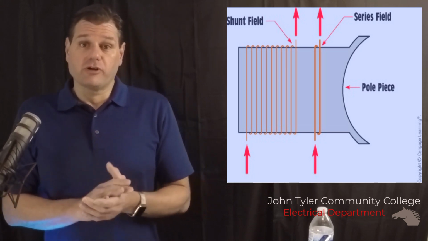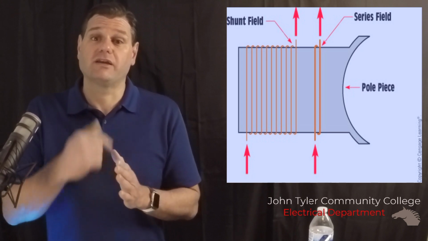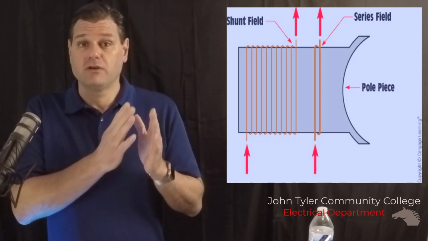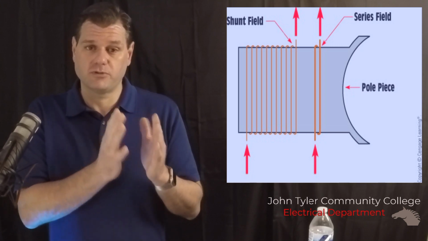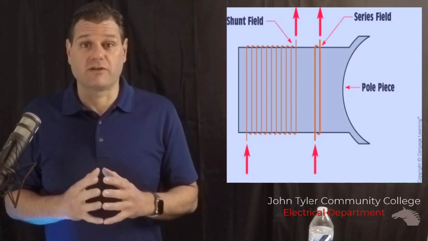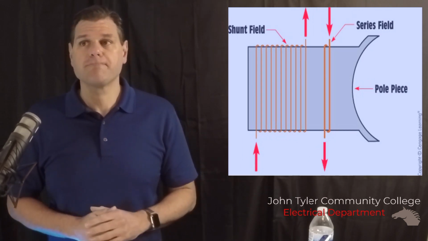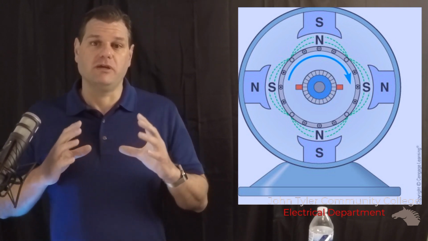We talked about this a little bit earlier. We're going to talk about the series and the shunt windings. The series, again, less wraps, heavier gauge. The shunt is going to be many wraps and a very, very fine gauge. Again, shunt is stable. Series is just a workhorse. It's going to produce a lot of voltage. Okay. And the last thing we're going to talk about is going to be